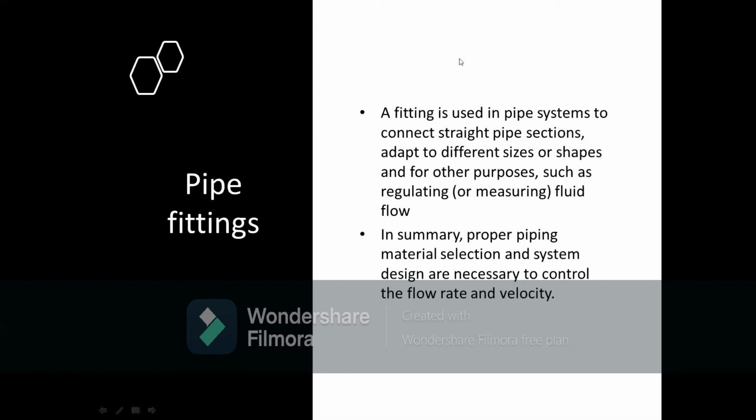90 degrees. However, despite their convenience, pipe fittings can cause pressure loss due to friction as well. So it's important to understand and limit the number of pipe fittings that you're going to use inside your pipe